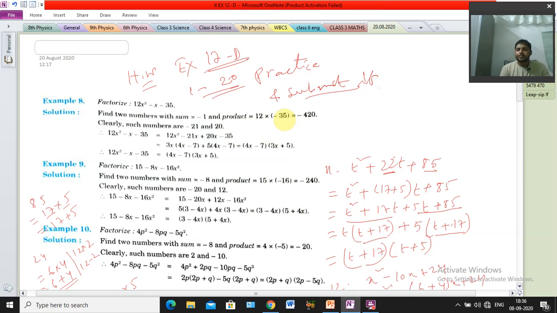Clear? Actually this chapter is a very big chapter, so total 4 exercises are here, and another example and so many things we have to discuss. We already discussed, so that's why it is taking time, otherwise no problem. This chapter is very important and easy also. So you have to practice examples as well as exercises, that is the main thing. Only one time or two times is not the way. How much you can do depends on you. You are getting time, so you should utilize the time properly. You have to practice more.